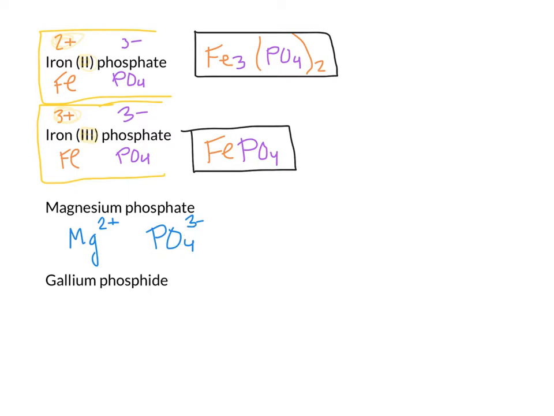We're going to just go with it, and it's going to be the same thing as before. We're going to crisscross those charges. So we're going to bring this 3 with the magnesium, and we're going to bring the 2 down with the phosphate. I'm not color coordinating this one as much because hopefully as we do more examples, you get a better hang of it. So we have Mg3, and then I need 2 phosphates. Because I need 2 of these and it's one big group, I'm going to have to put in parentheses. So PO4,